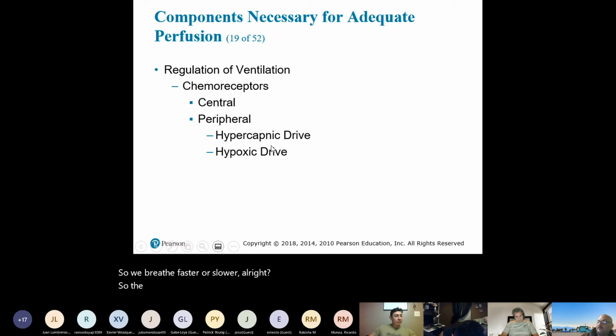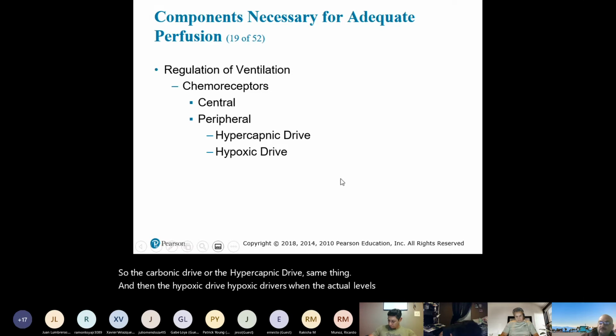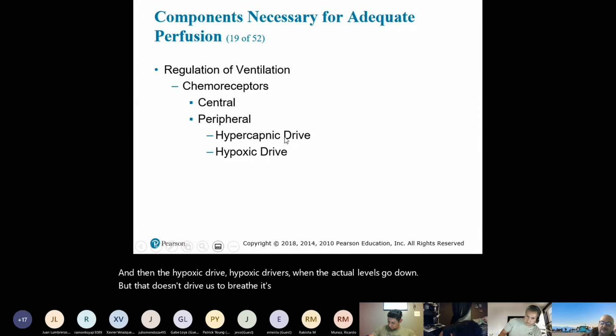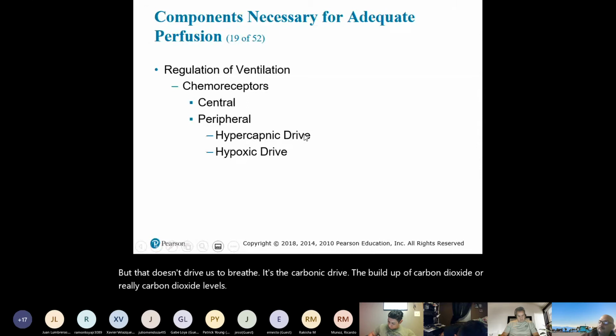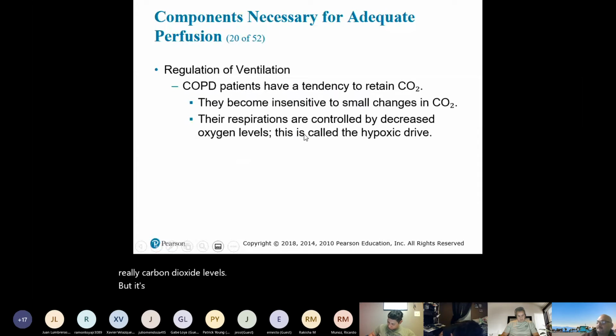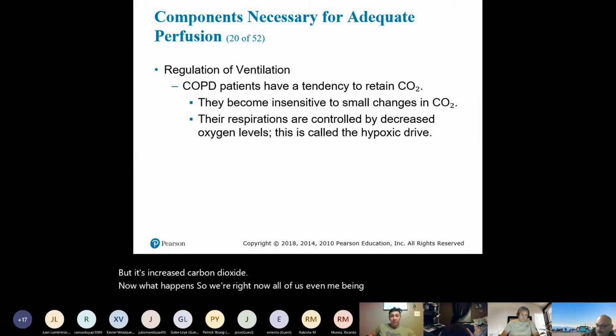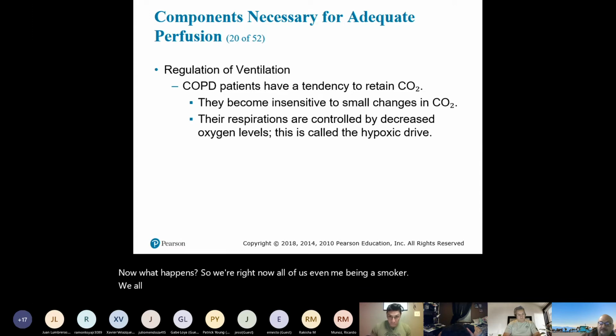So the carbonic drive or the hypercapnic drive, same thing. And then the hypoxic drive. Hypoxic drive is when the oxygen levels go down, but that doesn't drive us to breathe. It's the carbonic drive, the buildup of carbon dioxide, or really carbon dioxide levels. But it's increased carbon dioxide. Now, right now, all of us, even me being a smoker, we all have the carbonic drive intact. But with older people, like in their 50s